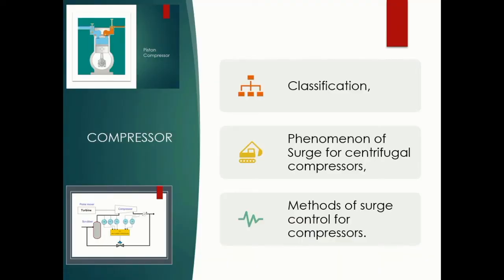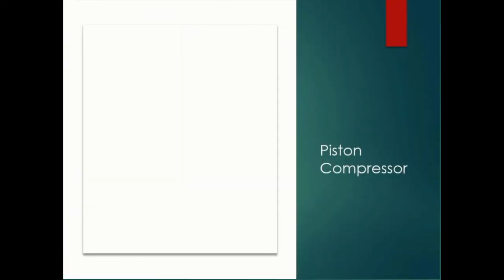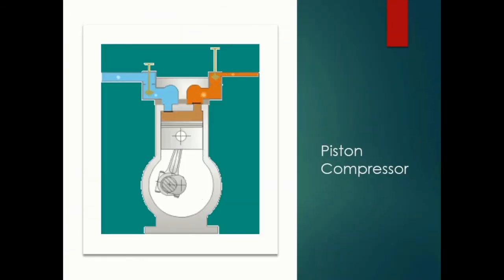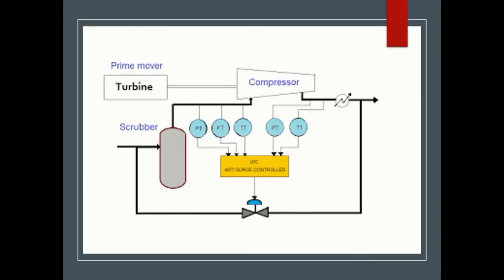I know the word compressor is very familiar to you because in control system components we covered the types of compressors. We had seen the piston type, the diaphragm type, various types of compressors. In this chapter we are going to see what surge control is, what its characteristics are, what the methods of doing surge control are, and what exactly I mean by surge control. I know the word surge is completely new to you, but we will see how it is related to the compressor. So all this part we are going to see.